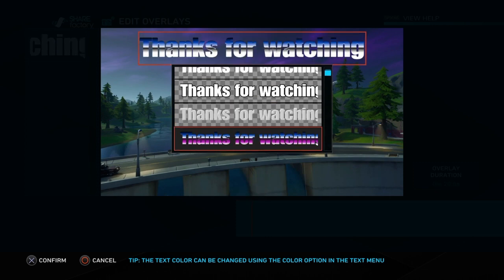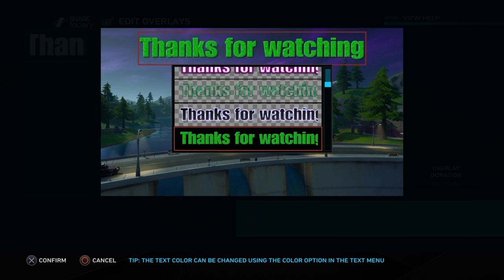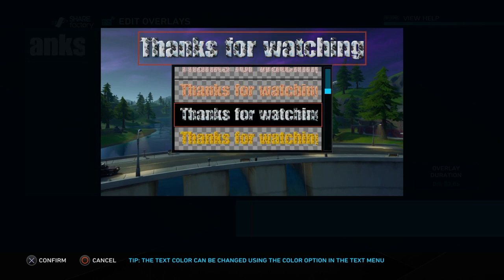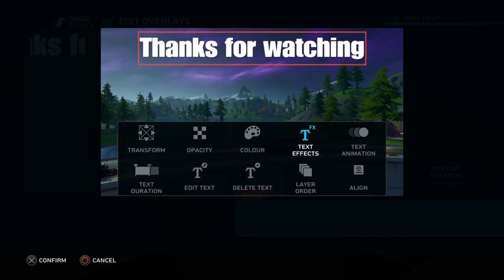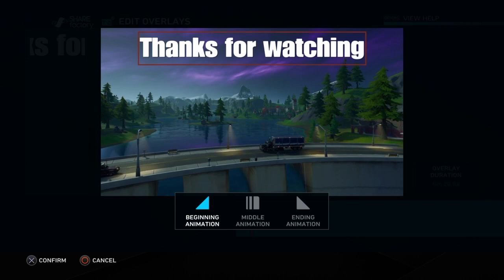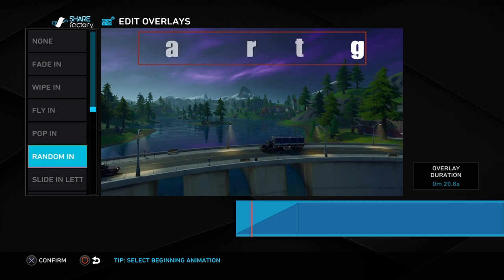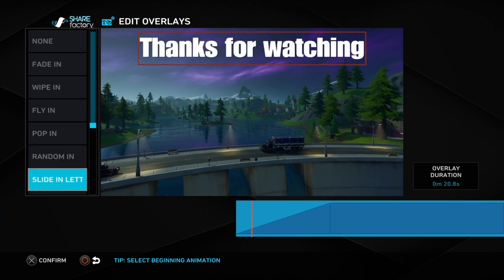But you change it about to how you want it. You've got loads of different effects you can go into. Just play about with that and how you want that to look. Loads of different options, so I won't bore you with that. You can just look at that in your own time. I'm just going to go for what I like to use there, a straightforward one. Text animations, again, loads of different options. To be honest, I don't really have too many. I normally use fade in and fade out,